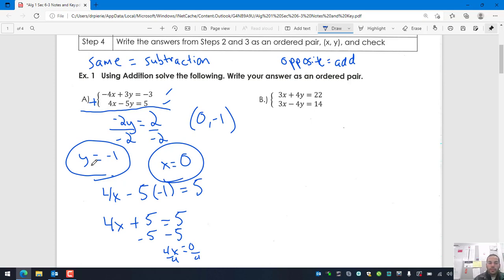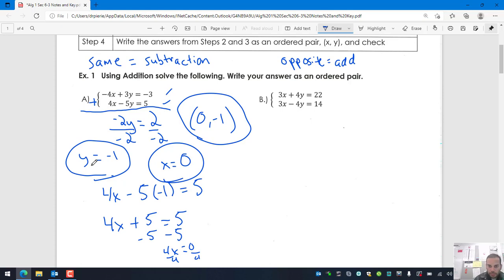Okay, so this is my answer. Now let's do the second one. We're going to use addition to solve the following. Okay, we have 3x plus 4y is equal to 22, and then 3x minus 4y is equal to 14. So it says using addition solve the